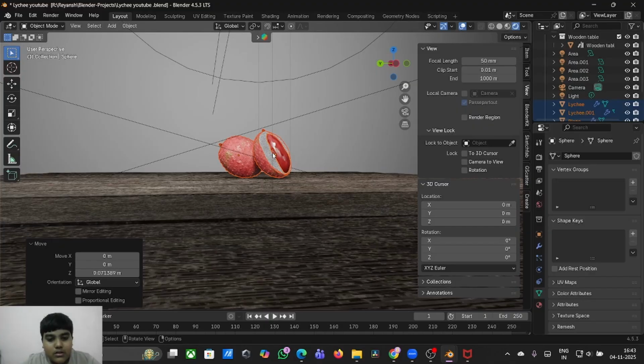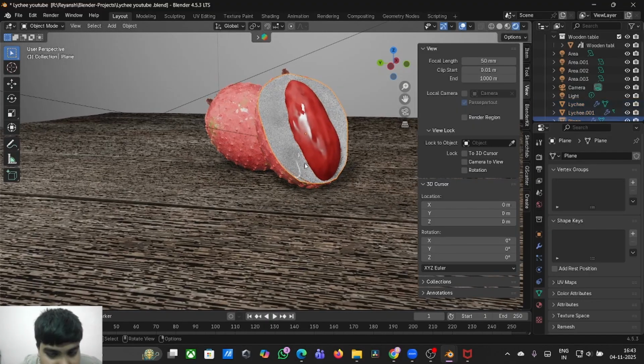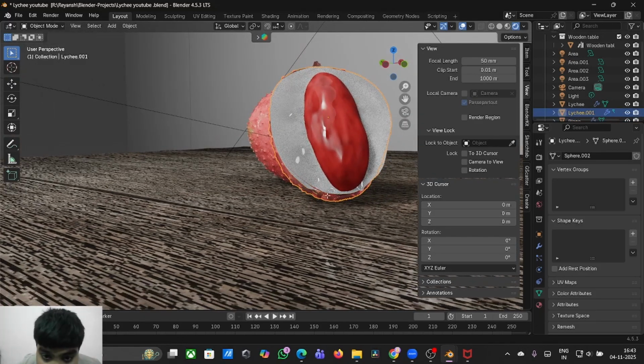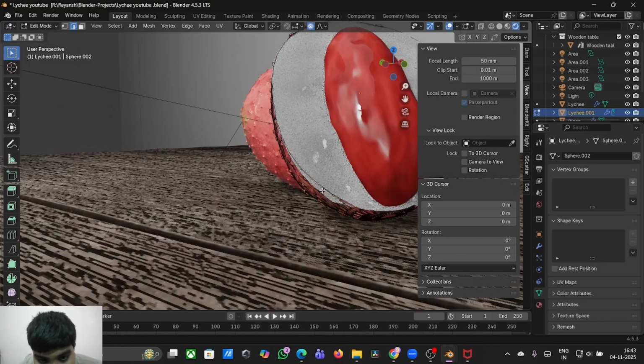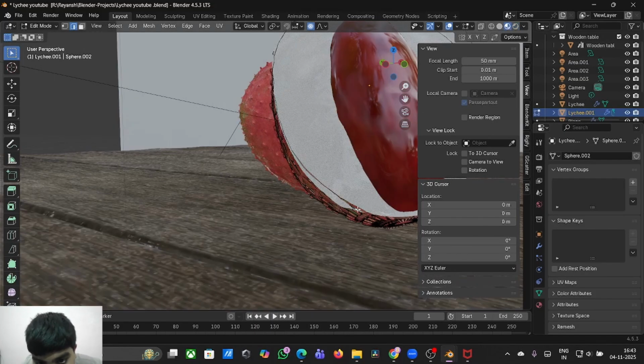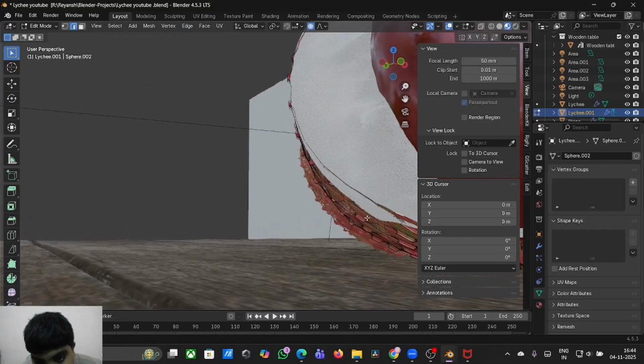It's okay now. As you can see, something is coming out. So I have to go into edit mode of this. I'll select this part. Oh, why can't I select this? Oh, yeah. And I'll